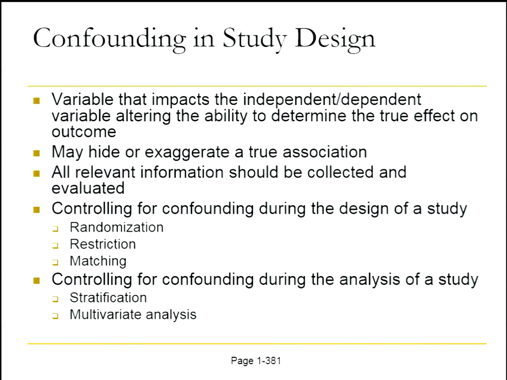Okay, and that could be either to hide an association or to make it look like there's a bigger association than we've actually observed. All right? So the best way to avoid confounding, especially in retrospective or even prospective studies, is to collect all the information that we can in our data collection form, so that we're able to look at it during the analysis of this study, perhaps, and need to use some type of multivariate analysis